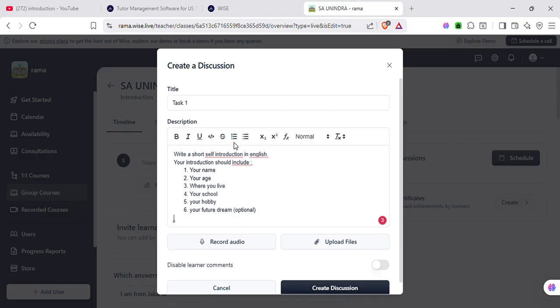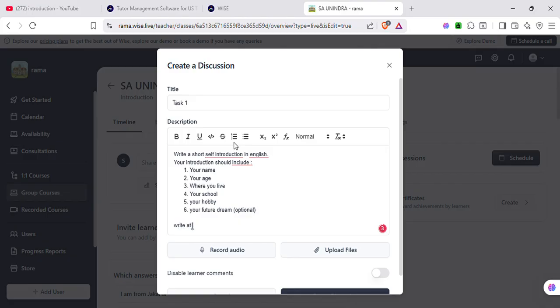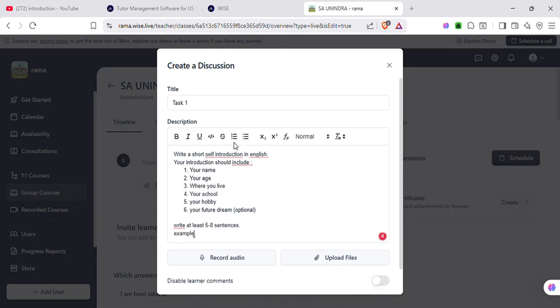Okay, and then write at least 5 to 8 sentences using correct grammar and punctuation. Let's just make an example here. Example: